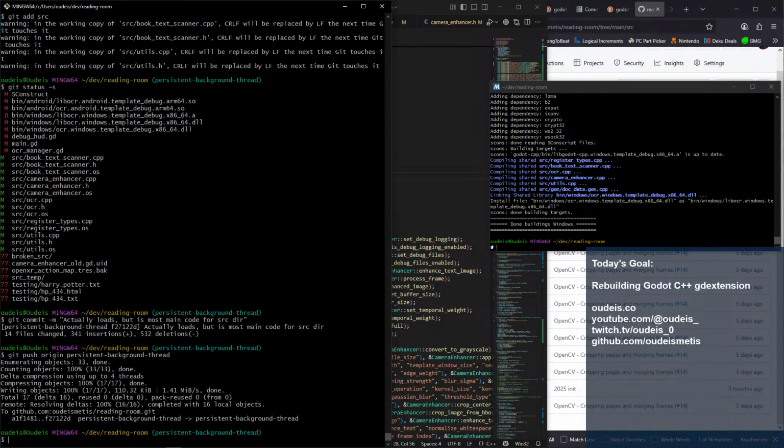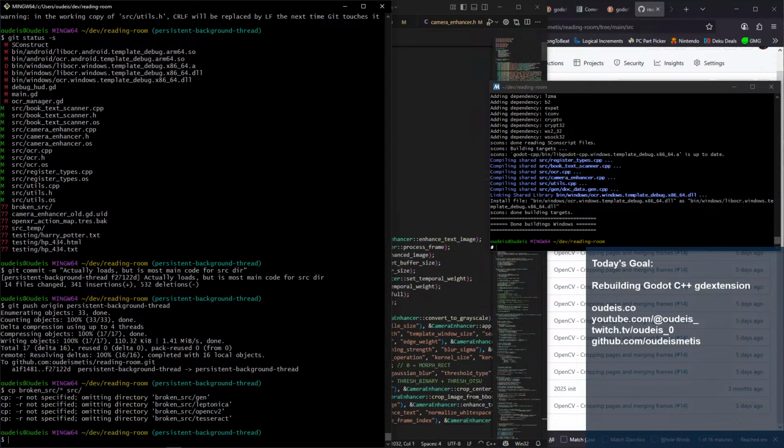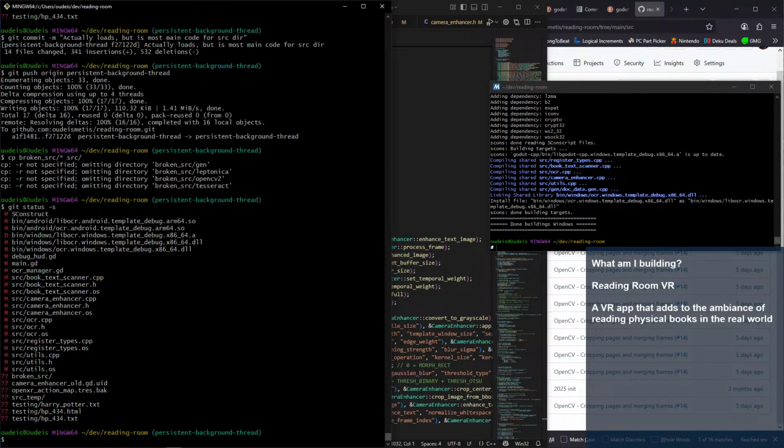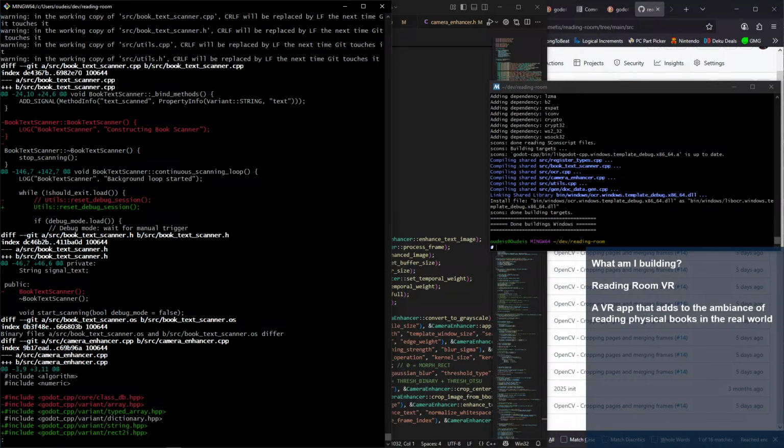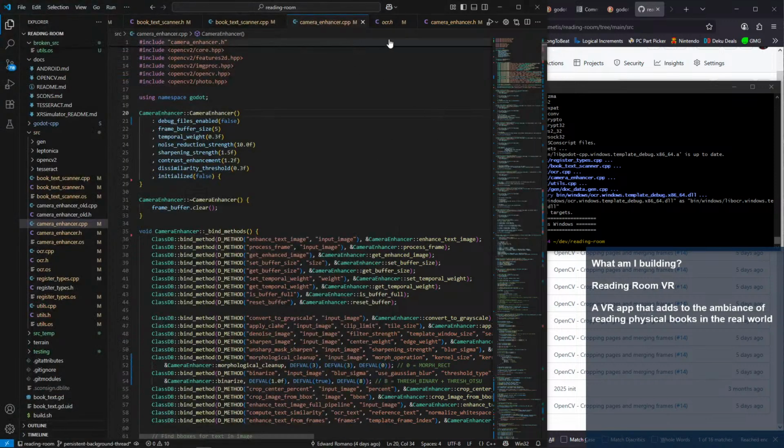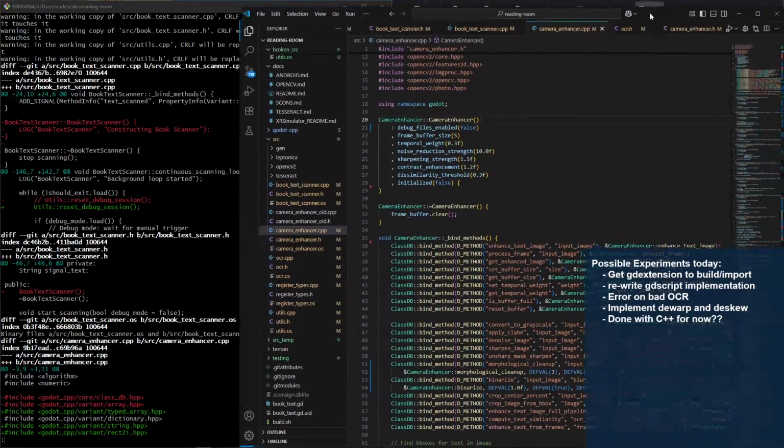And then let's copy broken source star, and we'll move it into source. We're not going to do -r because who cares? Right, and now if I do a git diff on source, cool. So now we've rebroken some things, but what I can do is go re-implement those fixes.